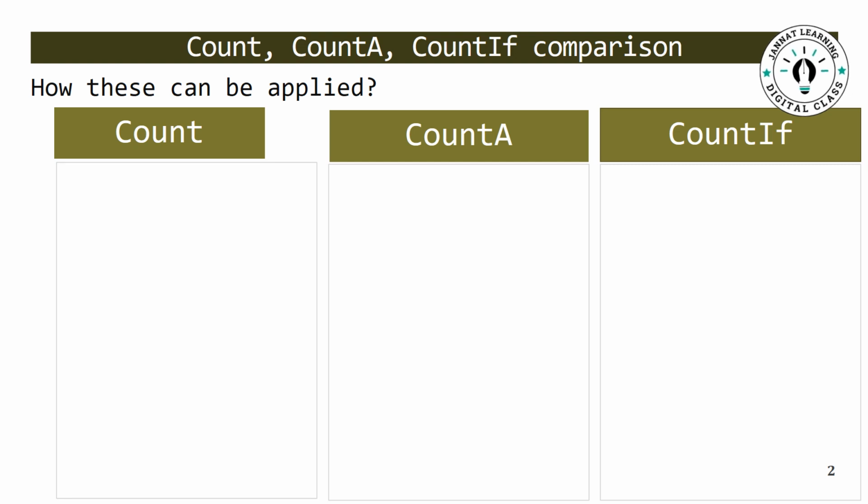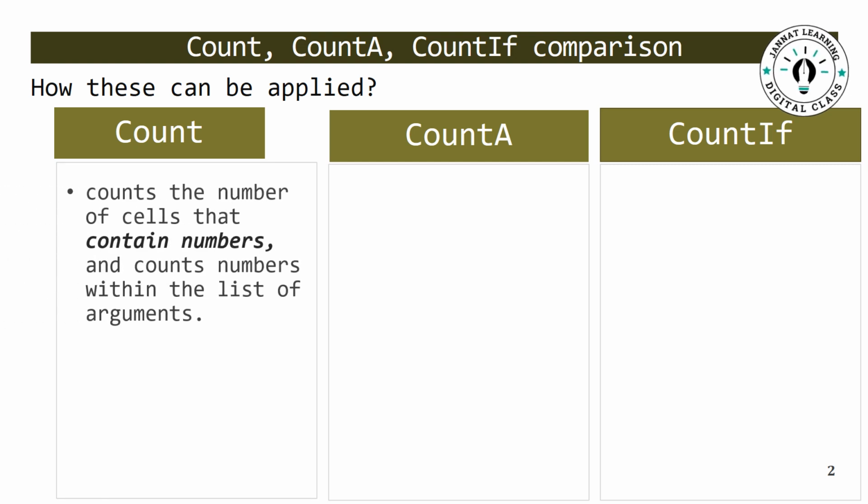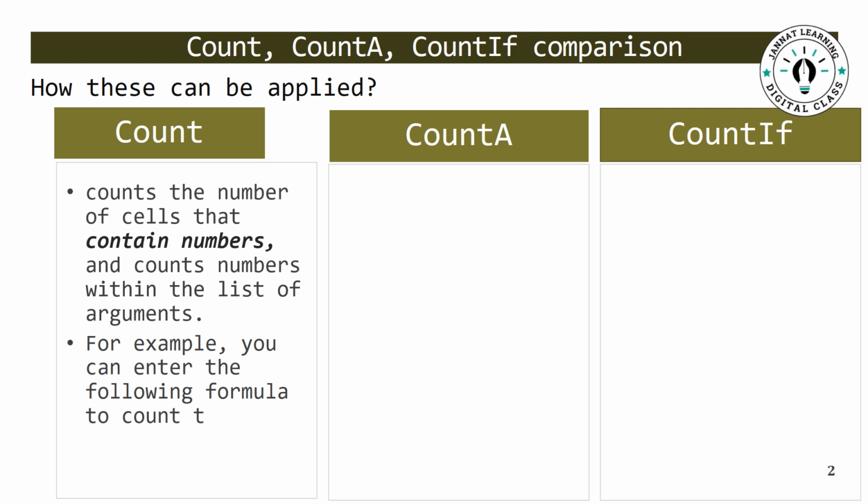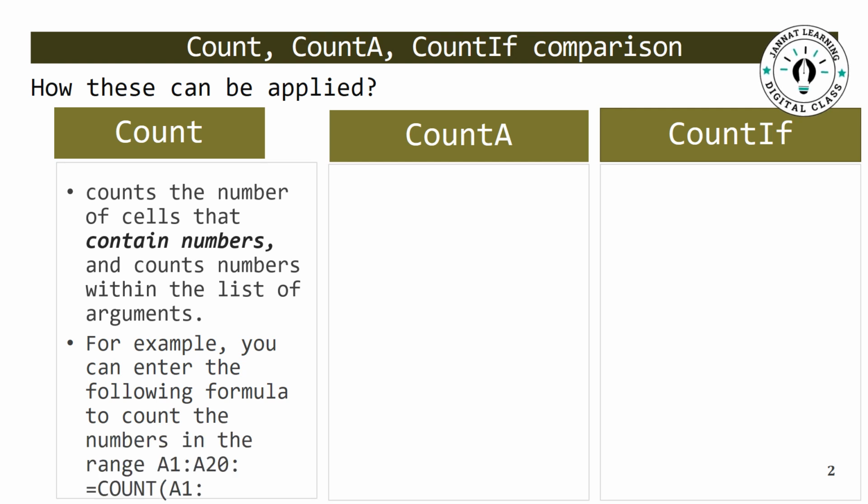These are slightly different implementations. The COUNT function counts the number of cells that contain numbers, and counts numbers within the list of arguments. For example, you can enter the following formula to count the numbers in the range A1 to A20: equals COUNT(A1:A20). Logical values and text representations of numbers that you type directly into the list of arguments are